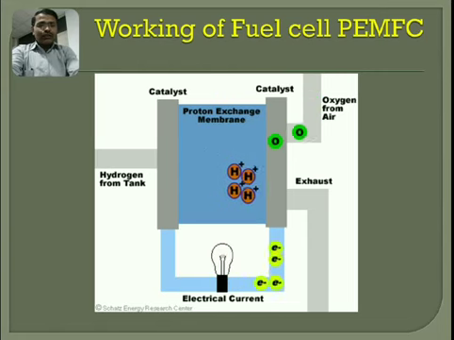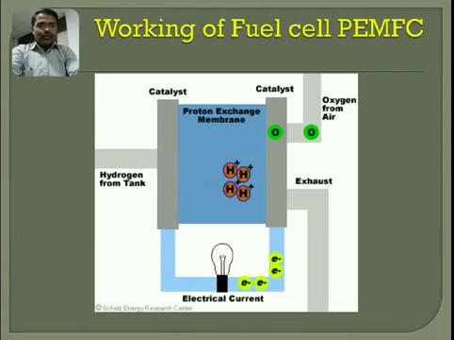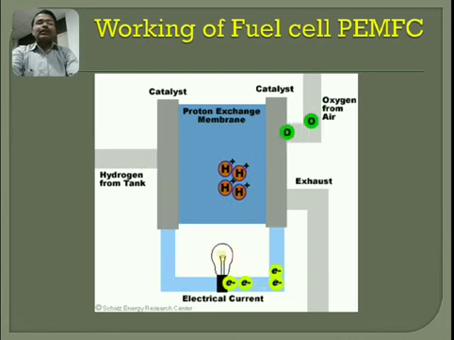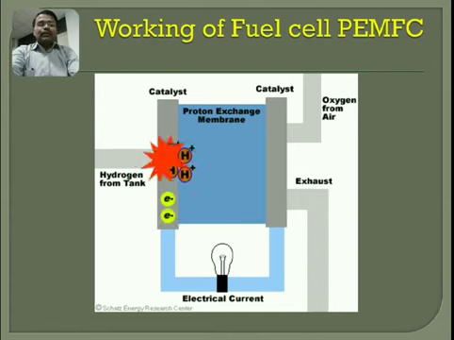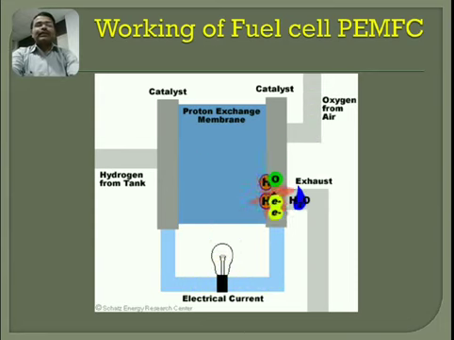The electrons, you can see again, the H plus ions release electrons. Those electrons are on the cathode now and are forming water. So this is the general mechanism of a fuel cell. All types of fuel cells work in a similar way. Just the electrolyte material which is taken may be different, and the fuel may also be different in some of the cases.